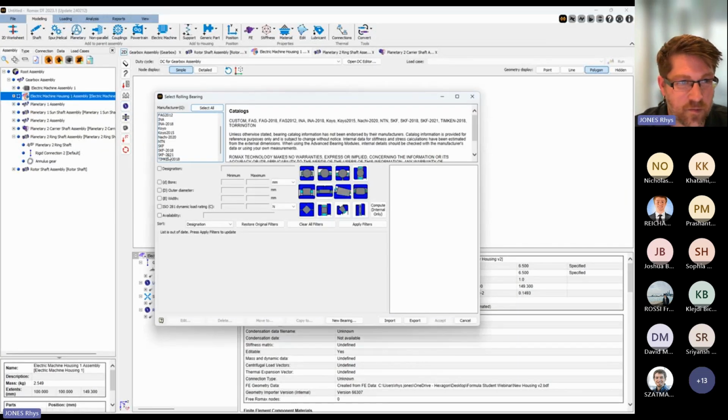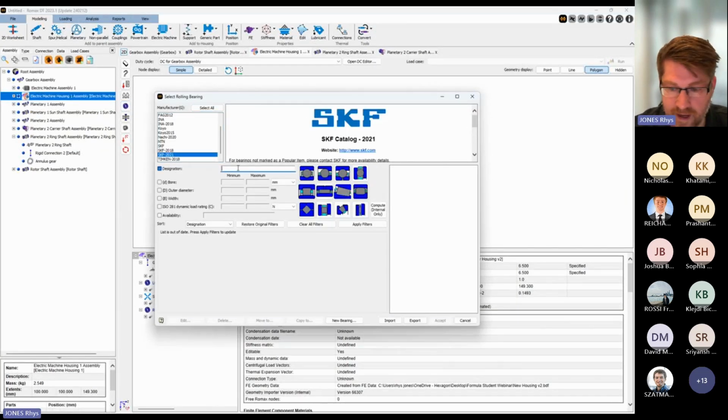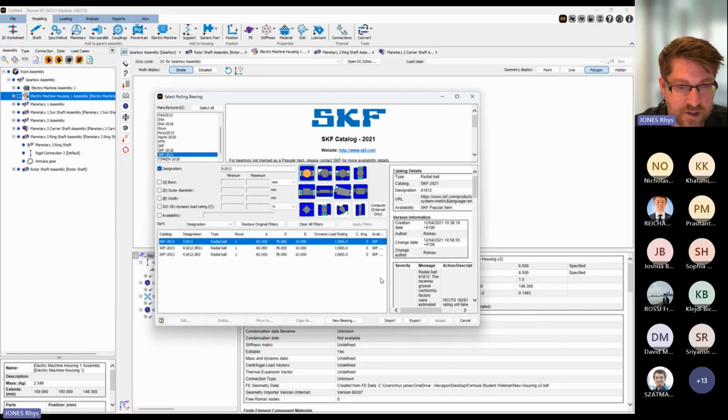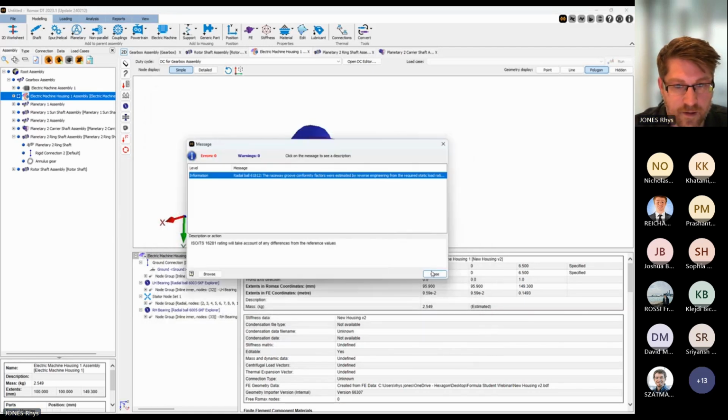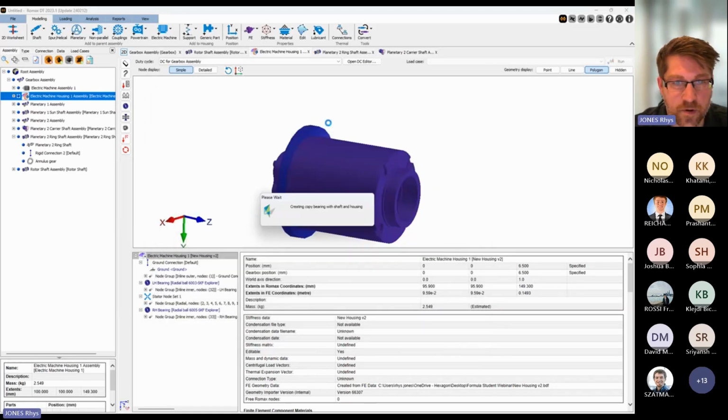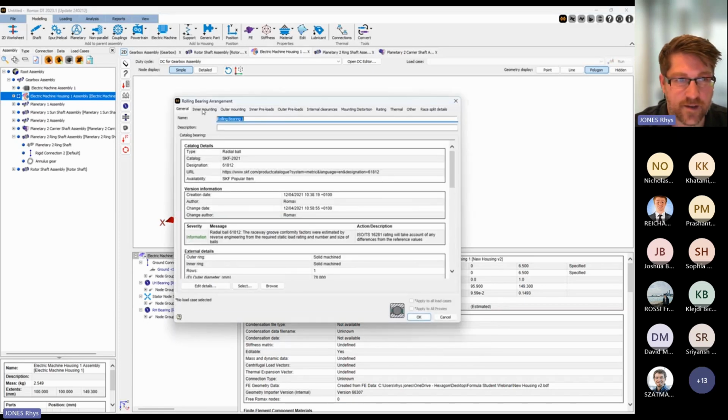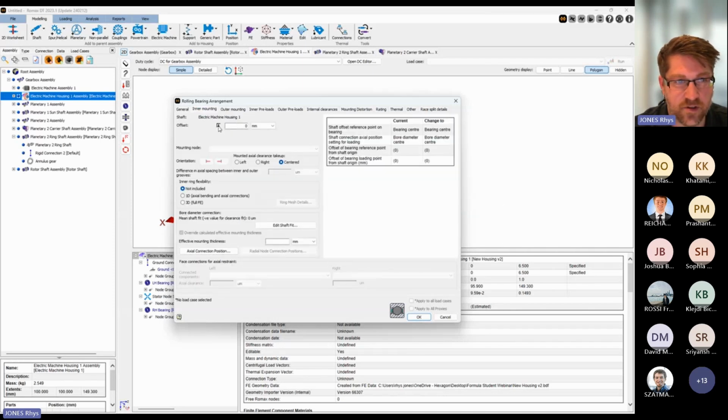Here, again, we can go to our catalogue, and I believe it's a 61812 that I am after. So I'll press apply filters. We'll just select this bearing here. Perfect. And it's going to open up the bearing window here to position the bearing, name it, and all things there. So the inner mounting on the electric machine rotor, we want to give an offset to the center of the bearing, which is going to be